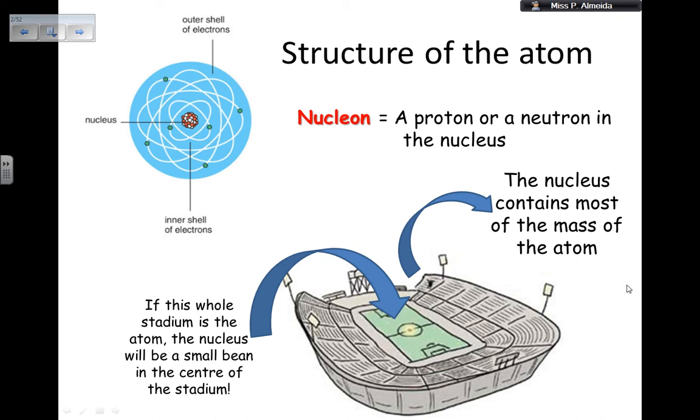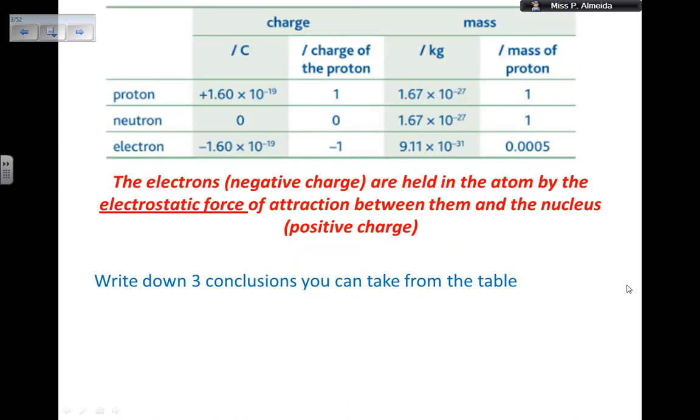And when you hear about nucleons, they simply say that it is a proton or neutron in the nucleus. So I can refer to them as nucleons, okay? So, this is a table that relates the charge and the mass of the proton, neutron, and electron. So all of them are in the atom. And there are three conclusions we can take from this table. But before I go on to the conclusions, let me just tell you that the electrons